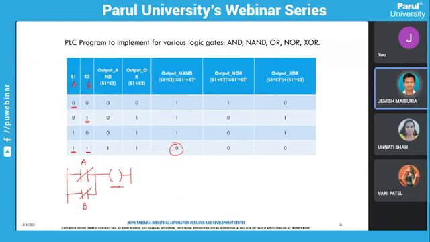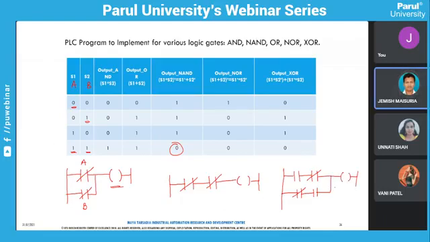So this way you can develop different kinds of circuits. In the same way for the NOR, what we'll do is take normally connected switches in series and the output. So this way you can design this NOR output. And in the same way the XOR output. The XOR output depends on one being connected and one not connected. So simply, you require one open switch and one closed switch, and that will be in parallel with this closed switch and this open switch. Okay, so this way you will get the output.